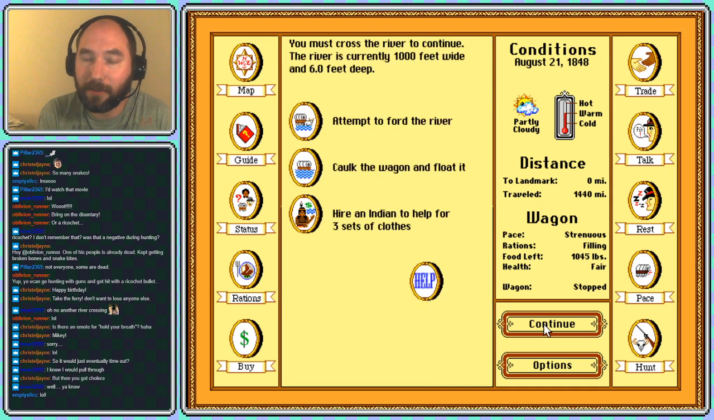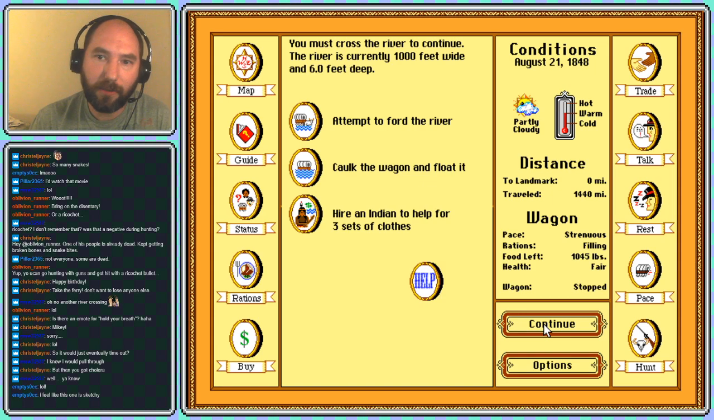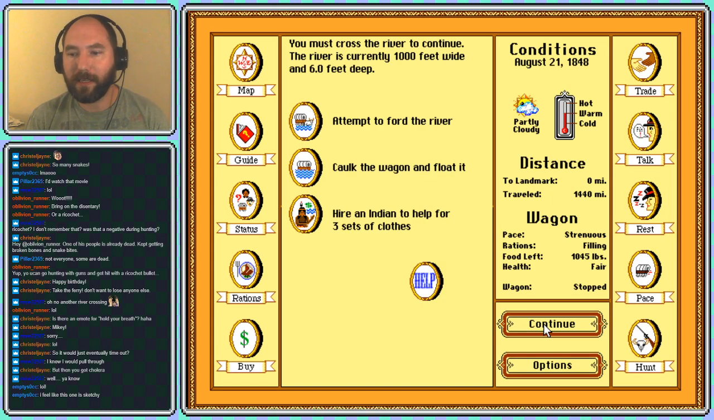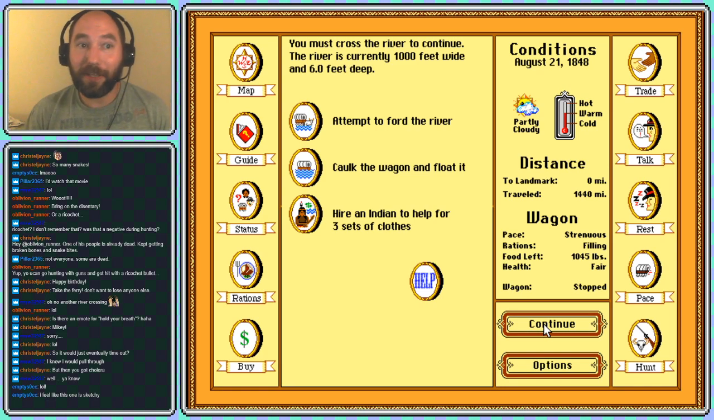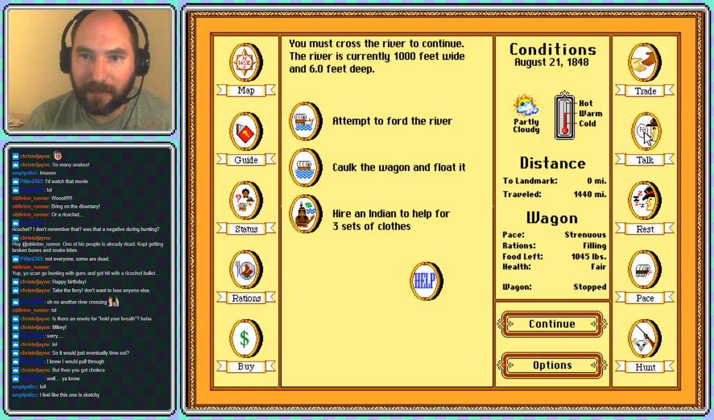All right. Oh, so we've got some options here. 6 feet deep, so we definitely don't want to try to ford the river. Caulk the wagon and float it, or hire an Indian for 3 sets of clothing. We did. I feel like this one is sketchy. Well, the thing is, we did start off early on getting extra clothing, but let's go ahead and check with